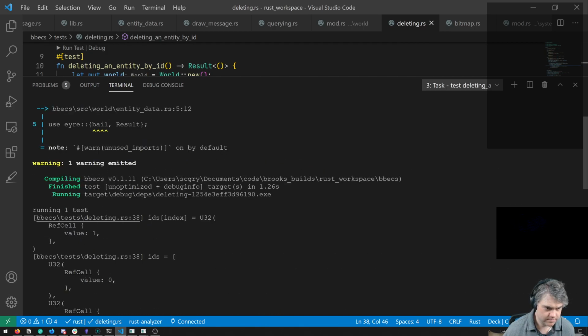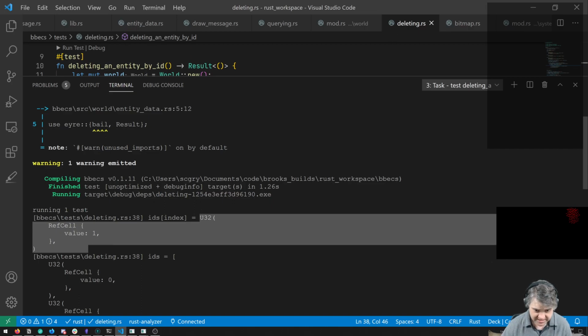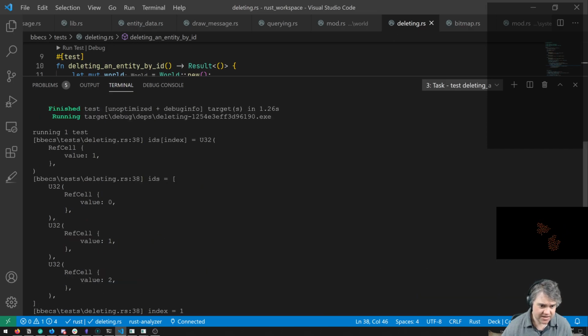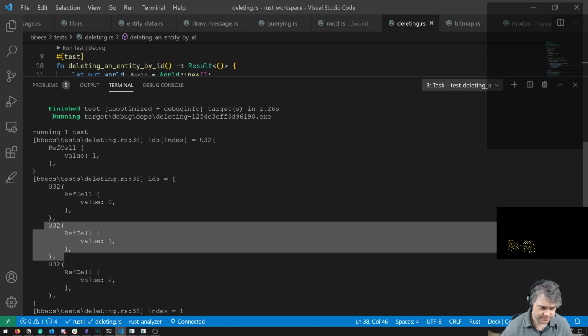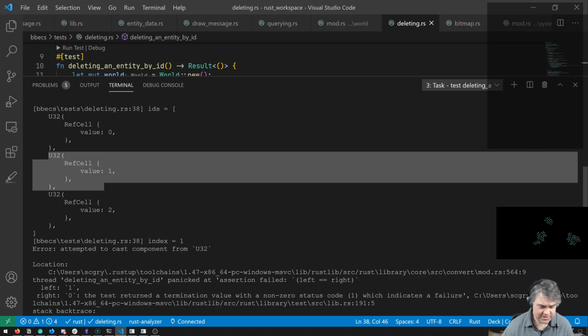Okay, so IDs of index is just this one, U32. So I should be able to extract it out from U32 with its value of being 1. All of the IDs are this one, so value of 1 is right here, and our index is 1. This should work. Why isn't this working? Because these are U32s. We see that.